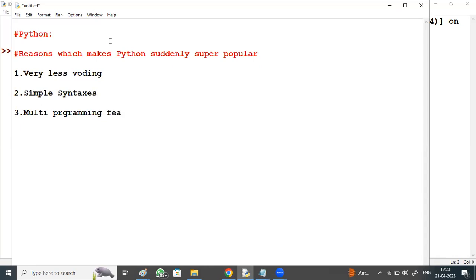And interactive mode: we can easily interact with Python statement by statement. It gives a response for each and every statement we put.